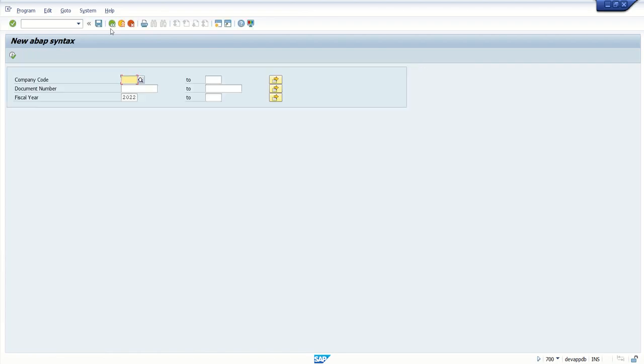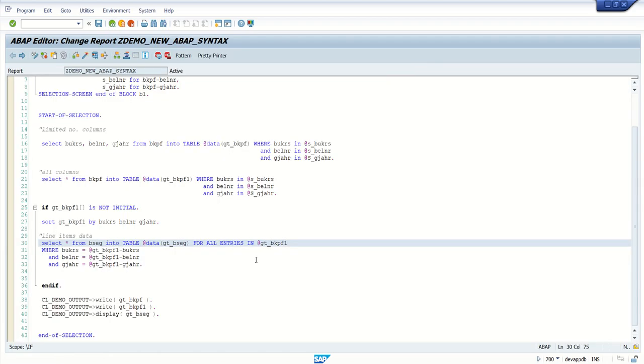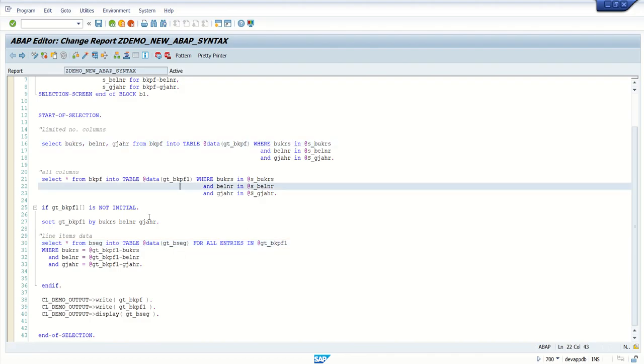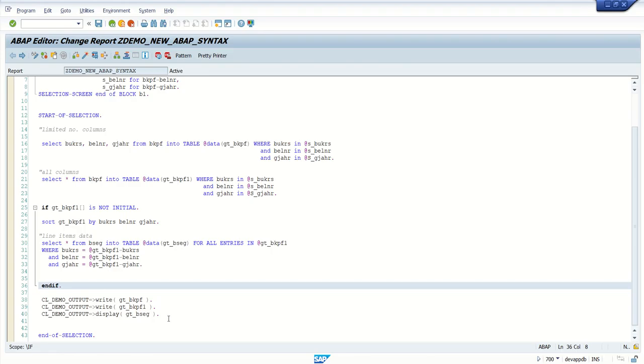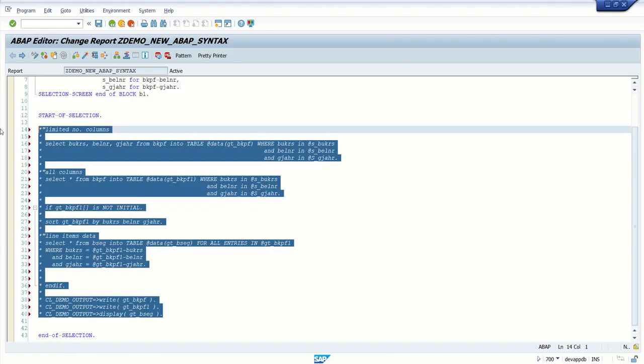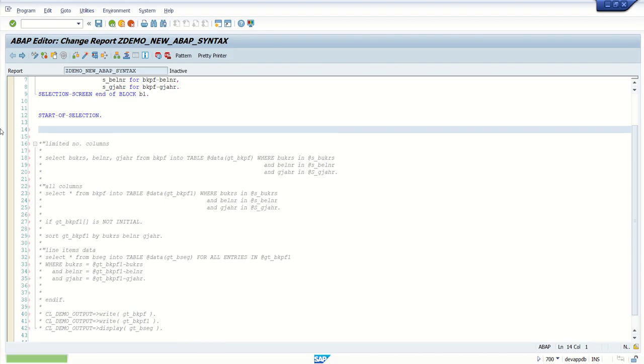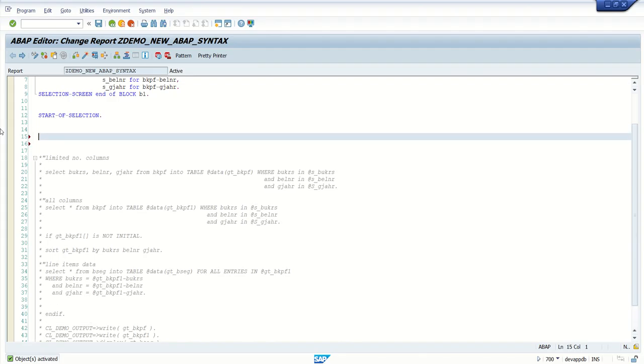So like this, we can make use of the new ABAP syntax for inline declaration, and currently we have defined only an internal table. Now let's see how to define a work area and a single variable. So I will keep this as it is. Okay, let's remove all this. Now comment this all. Now what I will do, instead of an internal table, I will explain how to select into a work area. So how to write: select single all from BKPF into @